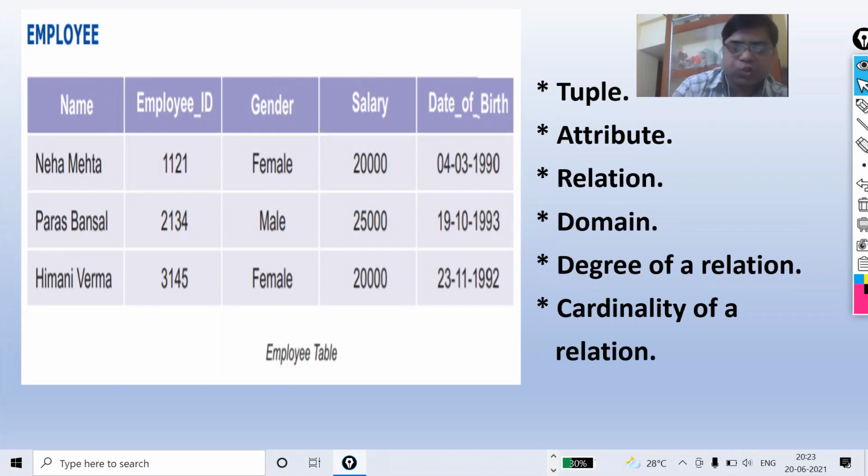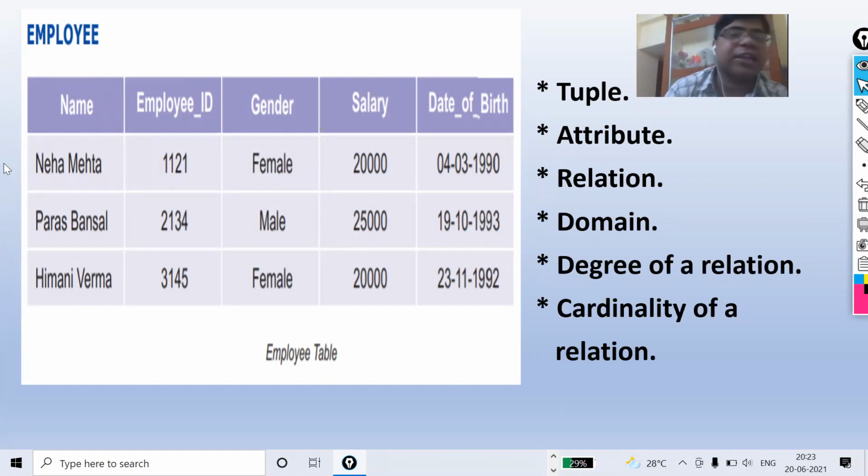First one, no two couples of a relation should be identical. That is, given any pair of two couples, the value in at least one column must be different.